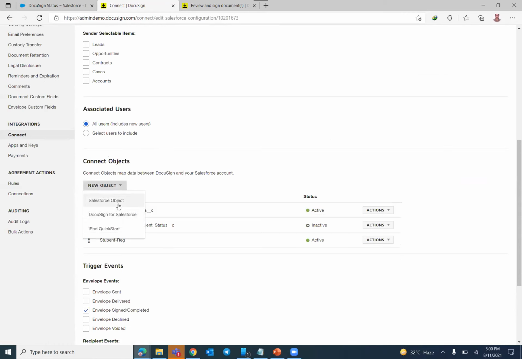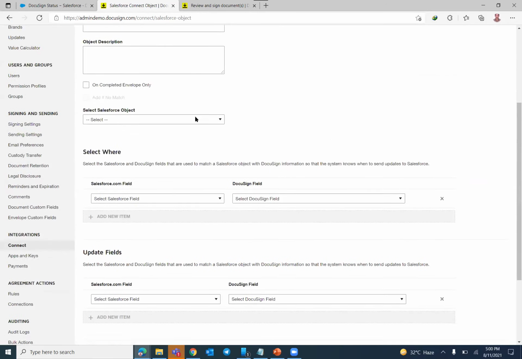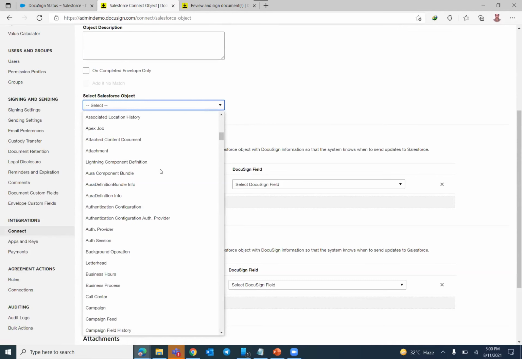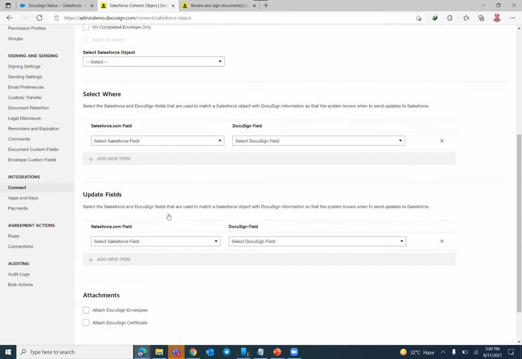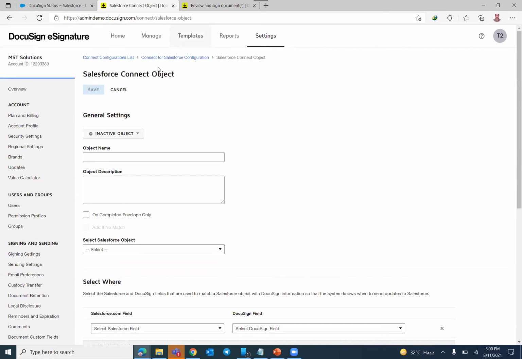Here we have an option to create a Salesforce object. Here we can see the objects available for the user to update. From here we can select a custom object also. Based on that, we can update the fields. Okay, this answers my question. Anything else?